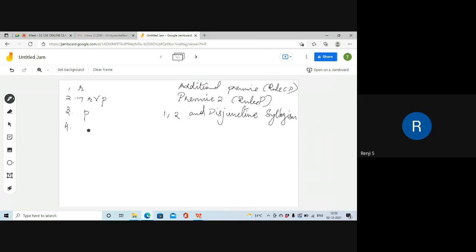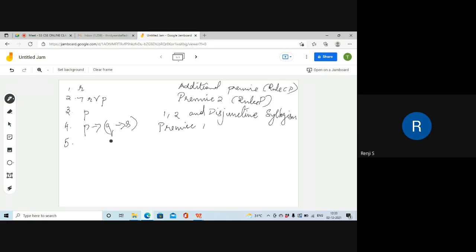Then the fourth step. Now I'm going to take premise 1, that is P implies Q implies S, and the reason is it is premise 1. Now in the fifth step, I took the first 2 premises and applied the law of disjunctive syllogism, and I got P.